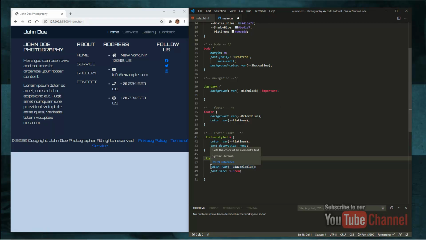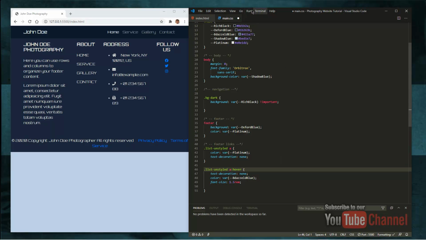Then you put in the color of the font you want when you hover over it, which is this light blue here, this color here. And then you increase the size to 1.5 rem. This is the normal size,